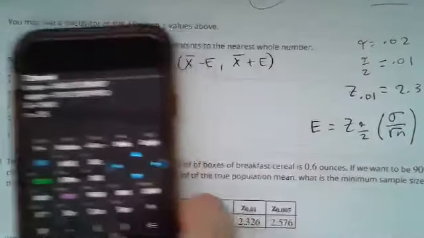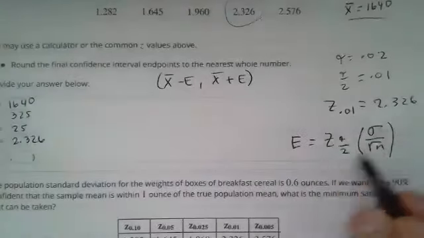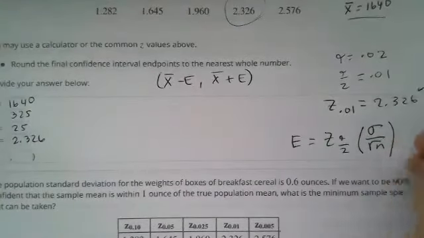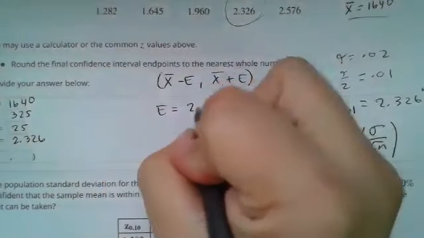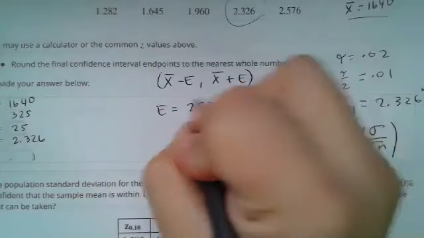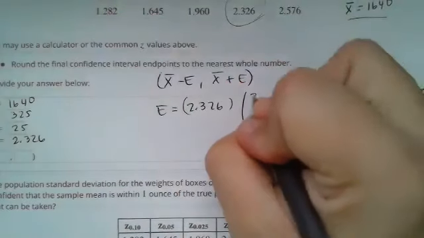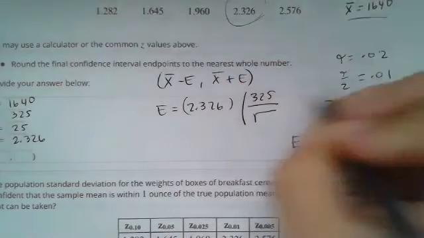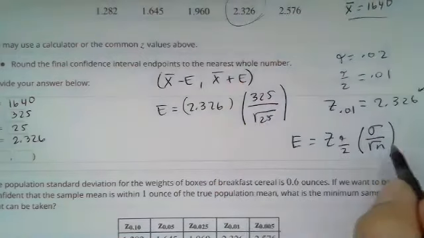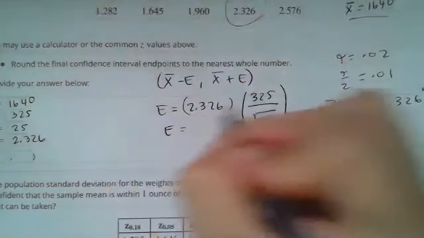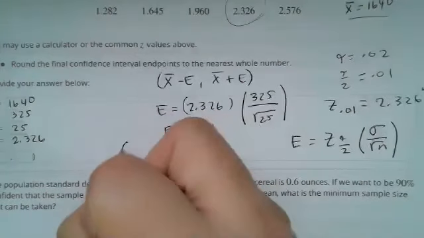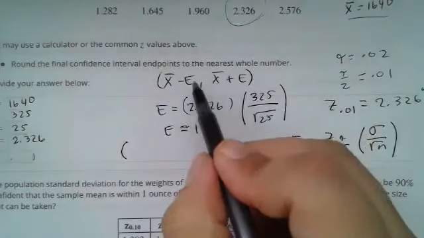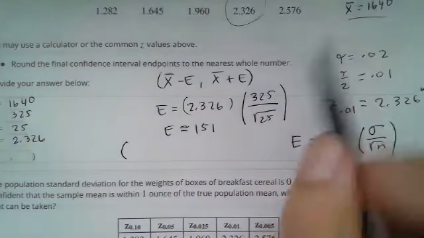However, that's one way. So if we want to do it this way, we would use everything. So our error is going to be 2.326 times the quantity 325 over square root of 25. Okay, and that's just going to be approximately 151. And so my confidence interval is going to be